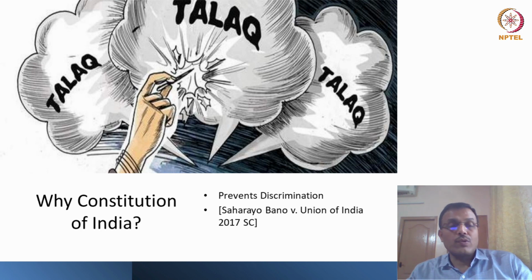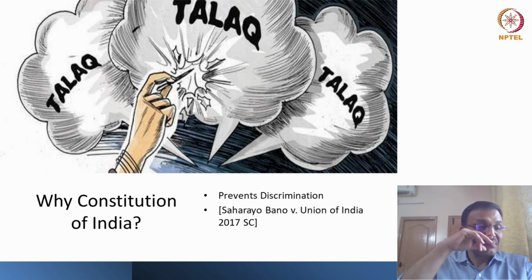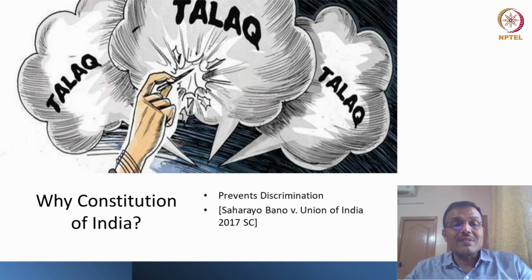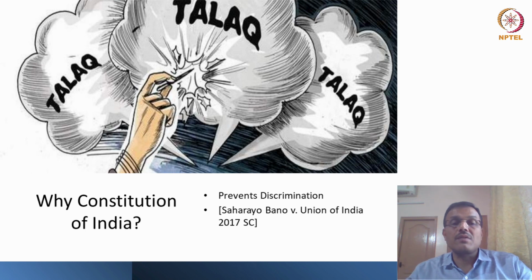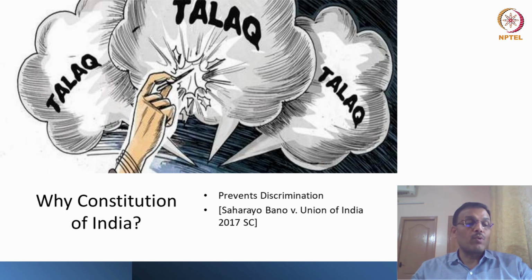She filed a writ petition in the Supreme Court challenging the constitutional validity of talaq-e-biddat along with the practice of polygamy. And she actually said this infringes the fundamental rights of women, especially, it is in violation of Article 14, 15, 21, and 25. So you will notice how the Constitution is a very important document in ensuring that the administration is pro-people and